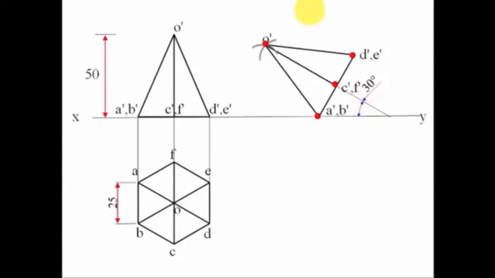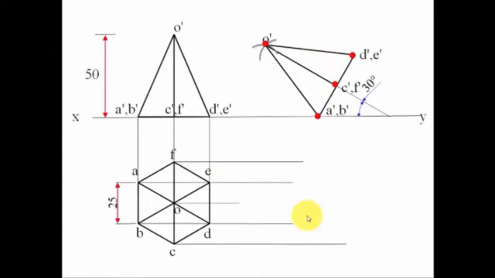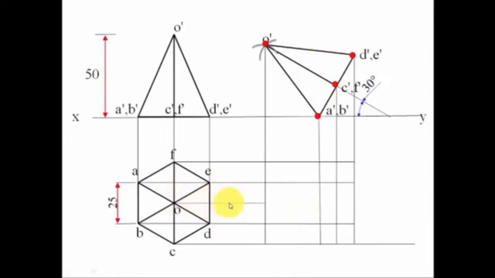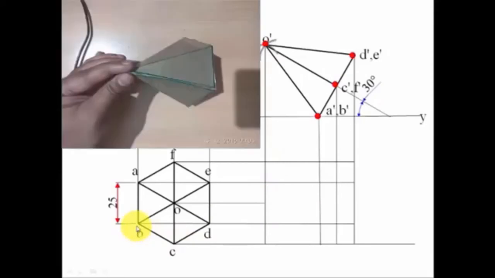Okay, so in the next step we'll be looking at this object from the top, and we're going to draw these projector lines from the top view over here, and projector lines from this front view down below, which looks something like this. Please watch this carefully. Alright, so this horizontal is for O and this vertical is for O, so this is going to be point O in the top view. Similarly you can have all these points. This line corresponds to B and D. B is going to lie here, and D is going to lie here. Similarly you can work out all the remaining points.